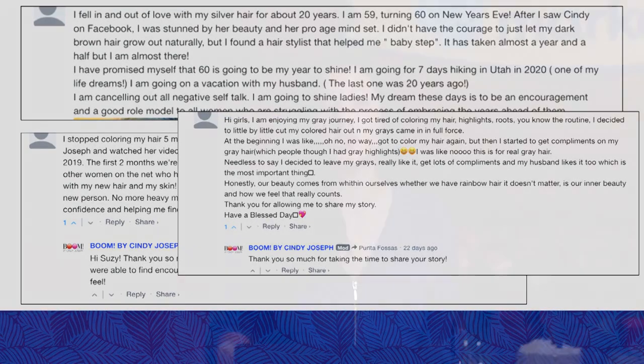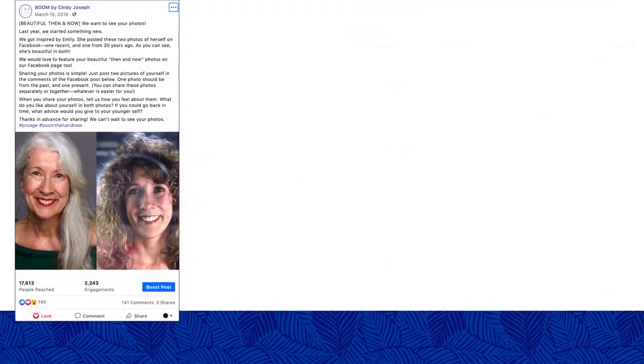So we got all these women talking about an experience, how they're going silver, and how that transition is for them emotionally, physically, how they feel when they look in the mirror now as compared to when they were 20 or 30, when they started transitioning into their silver hair. So we took that experience that we were seeing in the comments on our blog post and turned it into another blog post. So we got another piece of content out of it, where people were able to comment more and engage more on another piece of content. So let me show you what that piece looks like here.